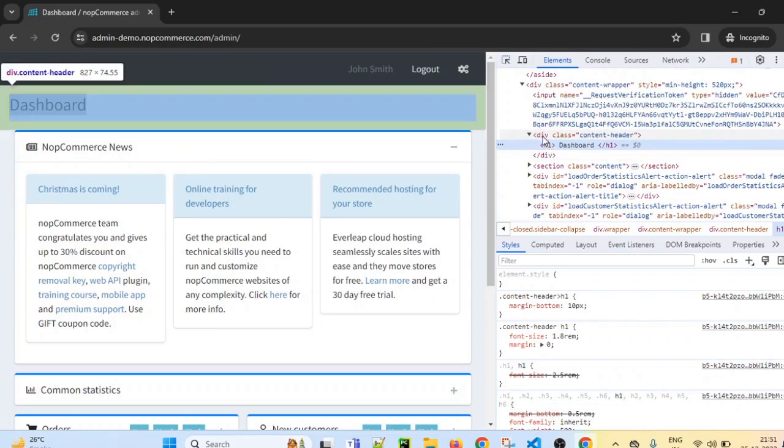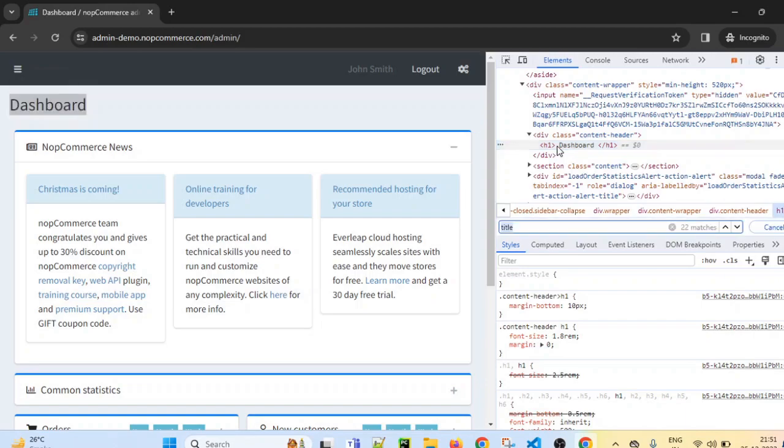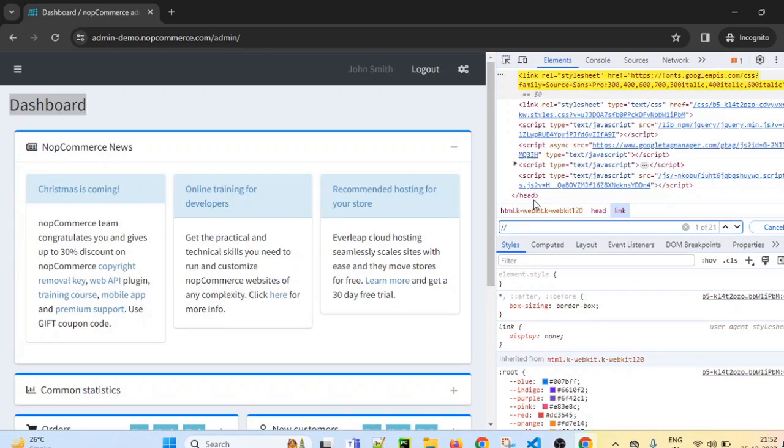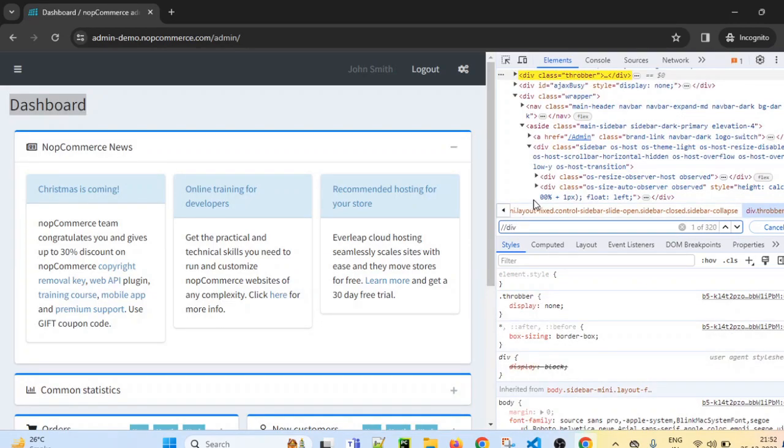If you see, it is inside the div h1, right? This is inside the class content header, and h1 is the tag name. So I will just try to write XPath for it. Two forward slashes, div, @class equals to, what was the class name?